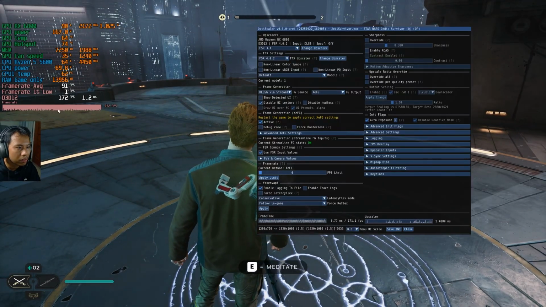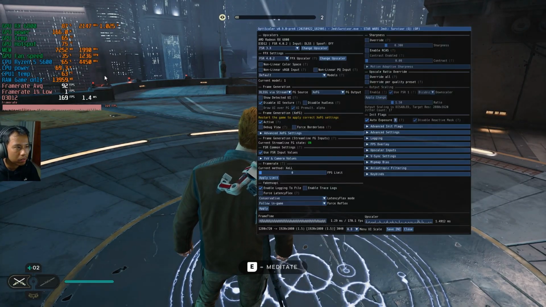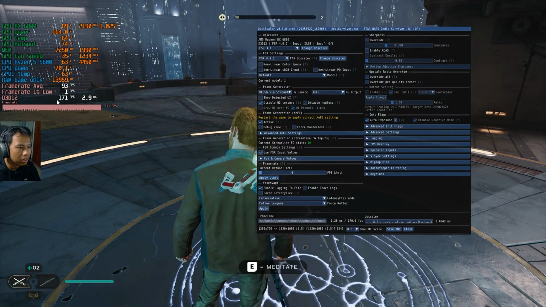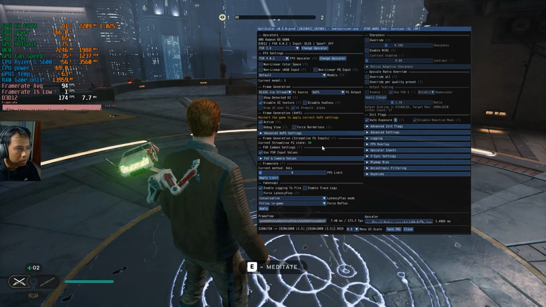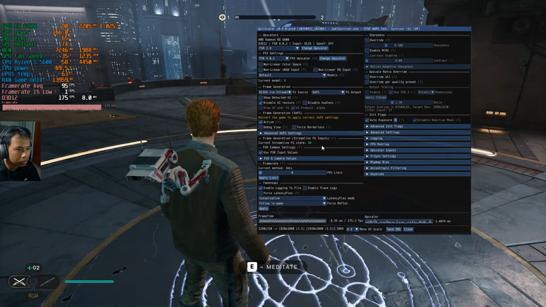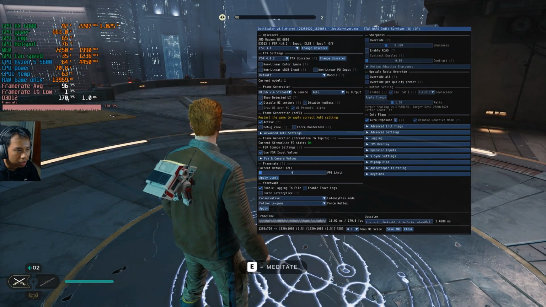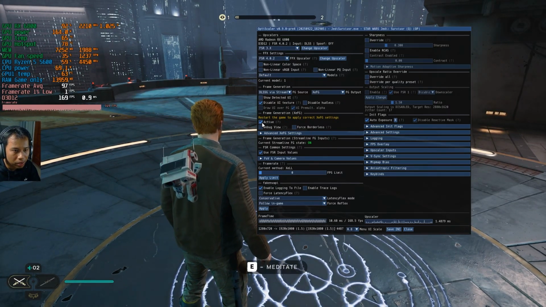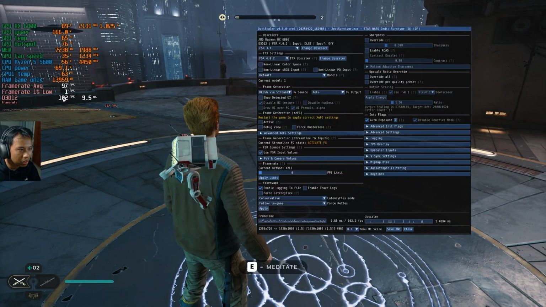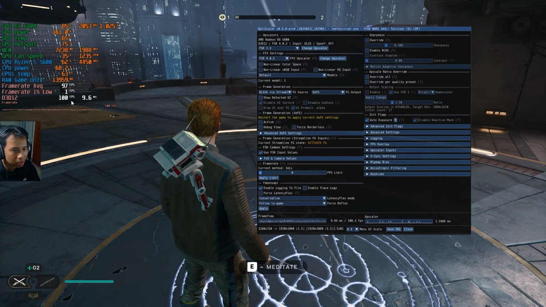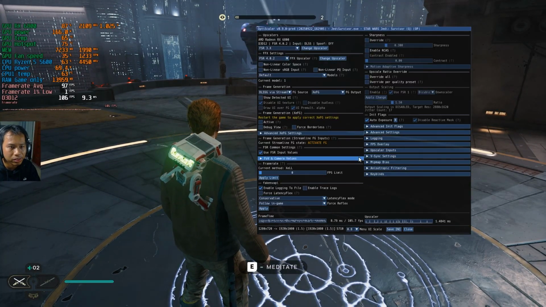Now the frame graph is doubled and thickened compared to the previous one, and you can see that I got like 170 FPS, but my monitor only supports 144 Hz, so I don't need this many FPS. I'm going to uncheck this one, and now it's going back to 100, or sometimes below 100, like 90 FPS. So that's how it's done.